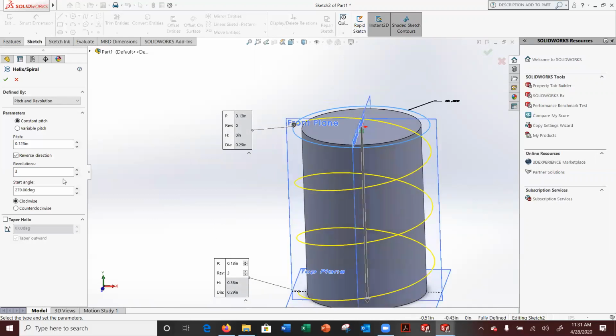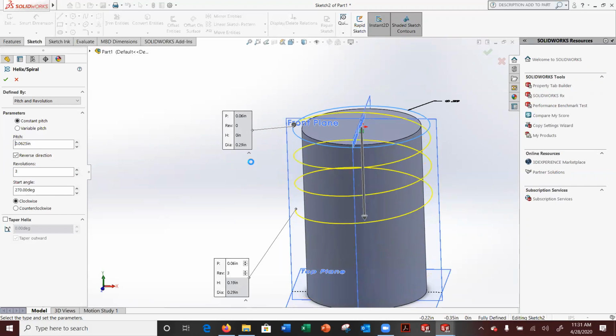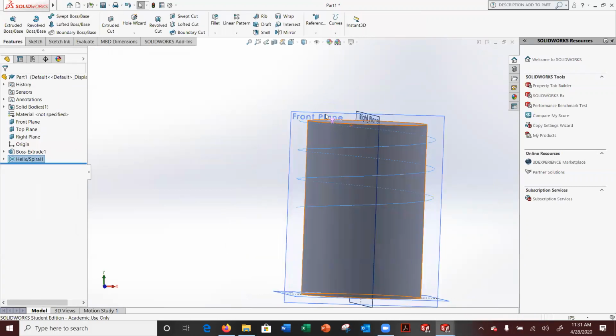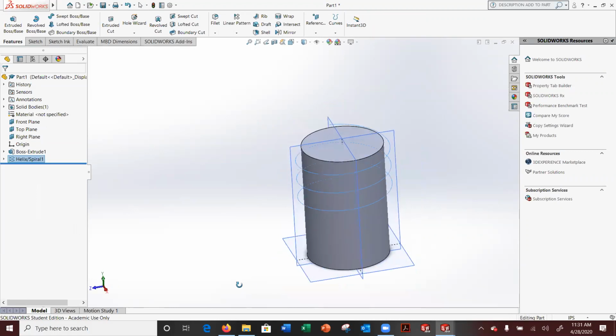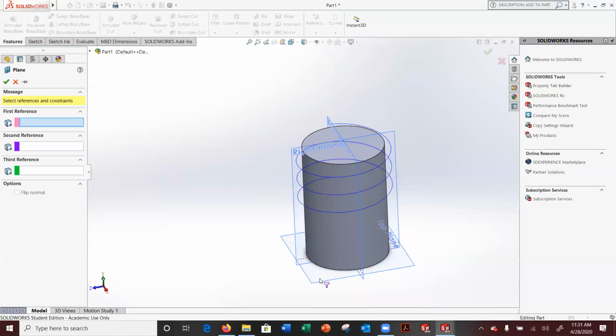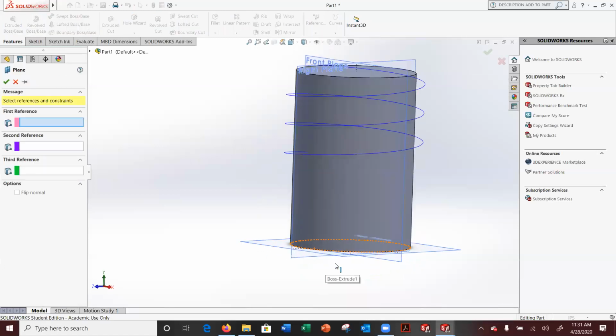So I'm going to make something a little shorter. So I'm going to make it 0.0625. So it's a tighter thread. Okay. Now, if you don't want your thread to start at the very top, then you will have to put a plane in. Let me do that real quick. You have to add a plane at wherever you want your threading to start. So if you don't want it to end at the end and you don't want it to begin,